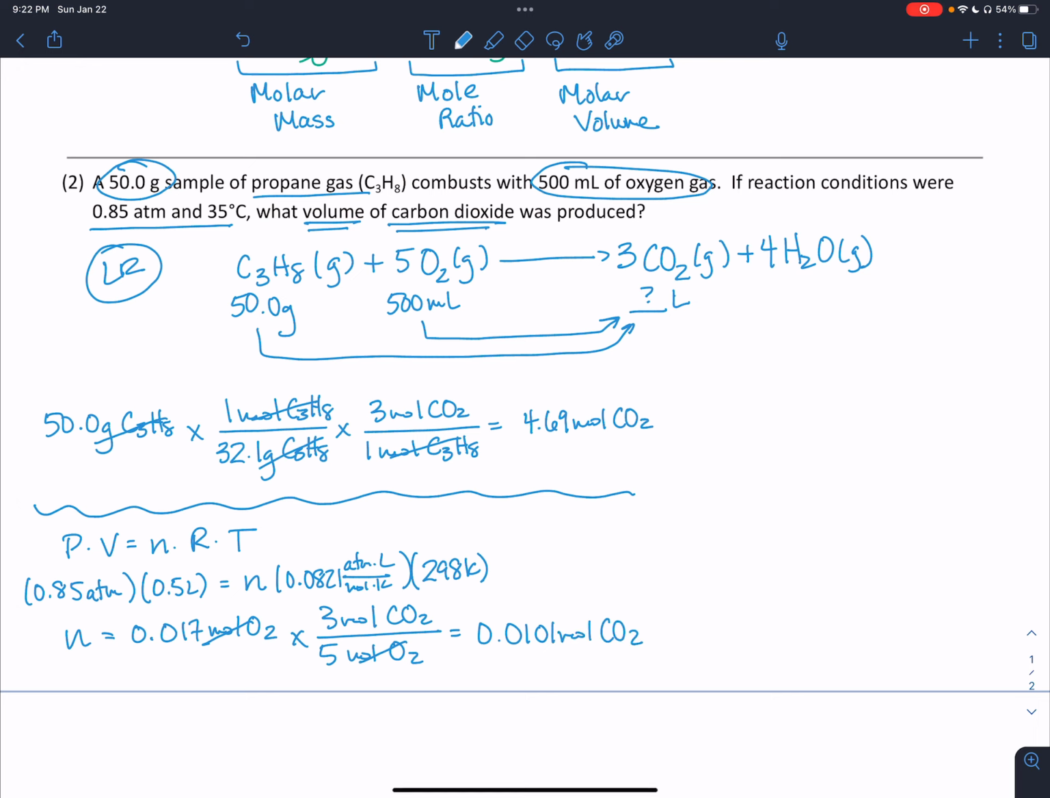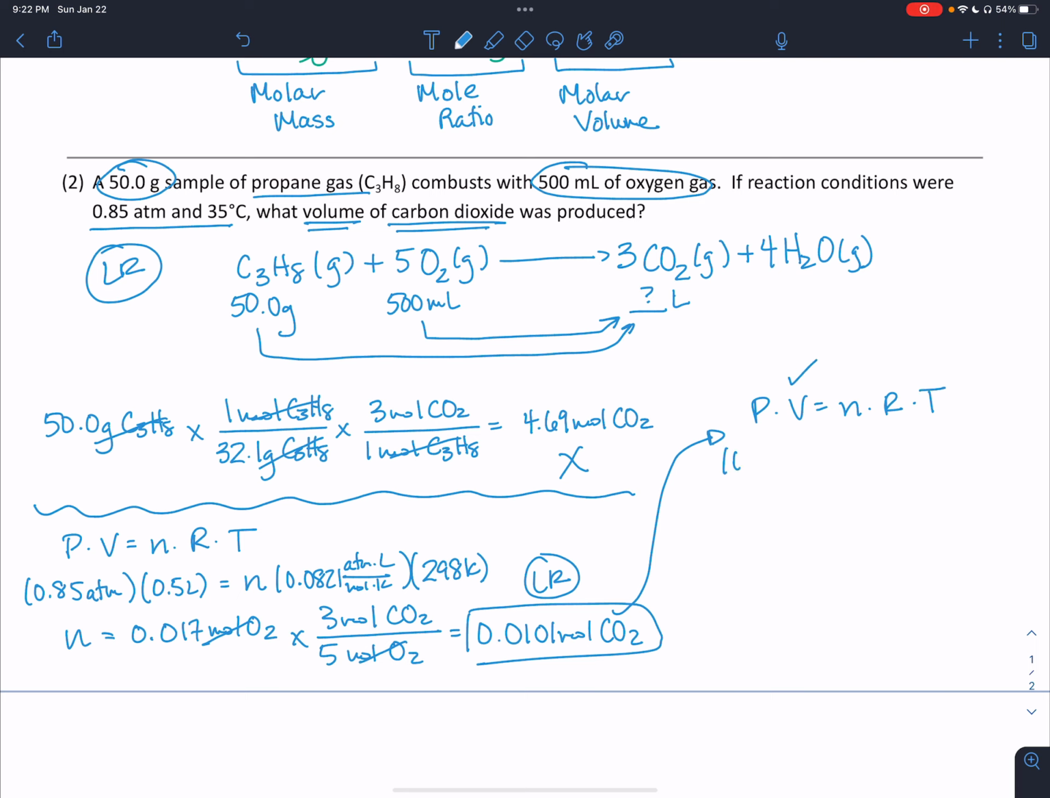Well, that's really small, and that is by far the least. So here's my limiting reactant. O2 limits this reaction, which means that it does not matter about the 4.69. That is done. Now I need to convert this into a volume. Again, not at STP, so I'm going to have to use the ideal gas law again. P times V equals N times R times T, but this time I'm looking for volume. The pressure is the same, 0.85 atm. The volume is unknown,